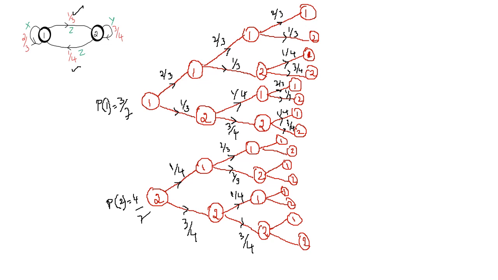Next, how to define the symbols here. So once we got the state as 1, we don't have any symbol generated. During the first interval of time, when it goes from 1 to 1 in this diagram, we are going to get the symbol as x. So we'll write the symbol here as x.